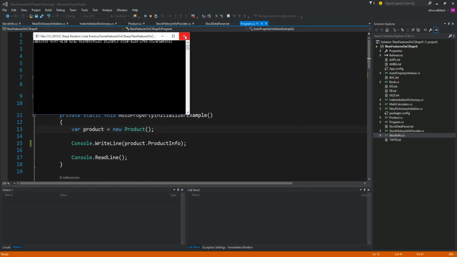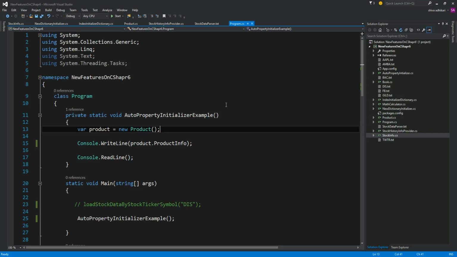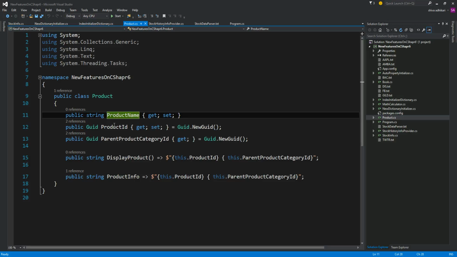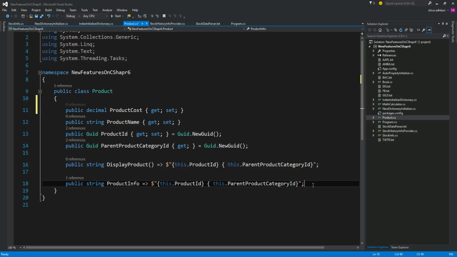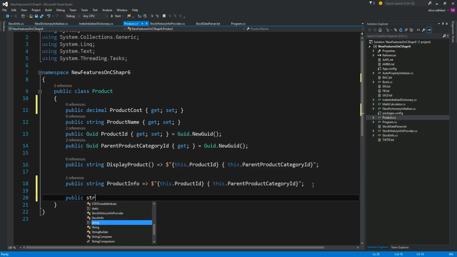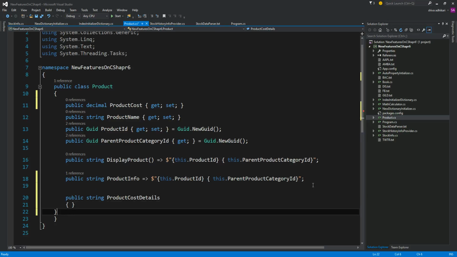Okay, so this is really cool. You might be wondering where it is useful, as we have been writing this code so often. Let me tell you what I mean. Let's say I got a product name here, product ID, and maybe let's say product string, product cost. Let's define another property here called product cost, and maybe we can have a property like string cost details or whatever, and we would write something like